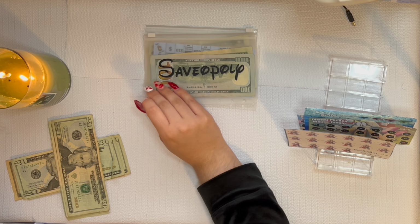So yeah, let's stuff these in our correct envelopes. Kimmy, you have to see my other binder. Isn't it so cute? I love this. I don't know where this black came from, but don't mind that. Anyways, guys,